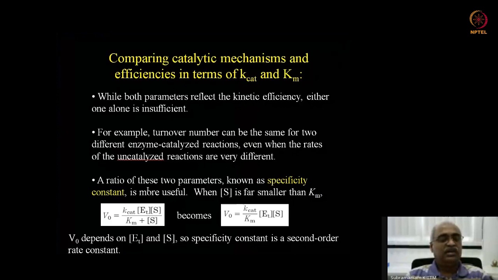So the main point here is the turnover number for two enzymes can be same, meaning K-cat can be the same, but one enzyme may be catalyzing several orders more than the uncatalyzed reaction compared to the other one. So which means the first enzyme in this example is doing better than the second one, but that is not indicated by the K-cat. K-cat is simply the turnover number. And similarly, when you look at Km,